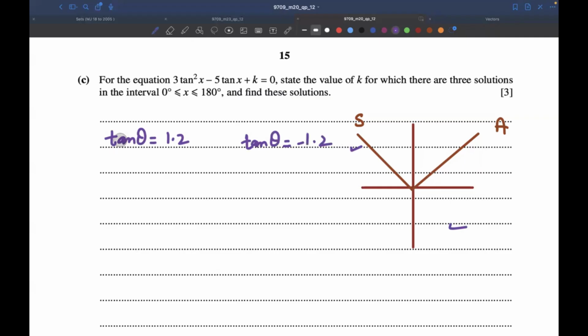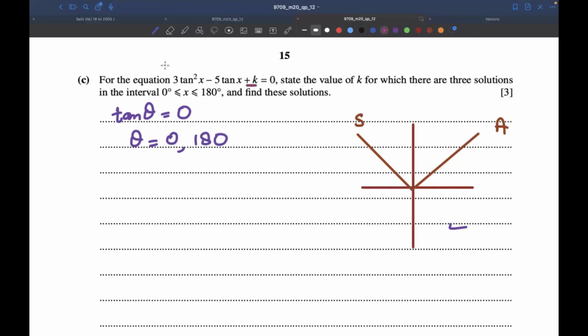Now, in this case, what we should know about the tan graph is that when tan theta is equals to 0, the values of theta are 0 and 180. So if we substitute tan 180 in the calculator, we'll get a 0. And if we substitute tan 0, that will also give us a 0. So it means we need one of the values of tan to be equals to 0, and from the other value, we'll get one more solution. So that will happen if this value, the C